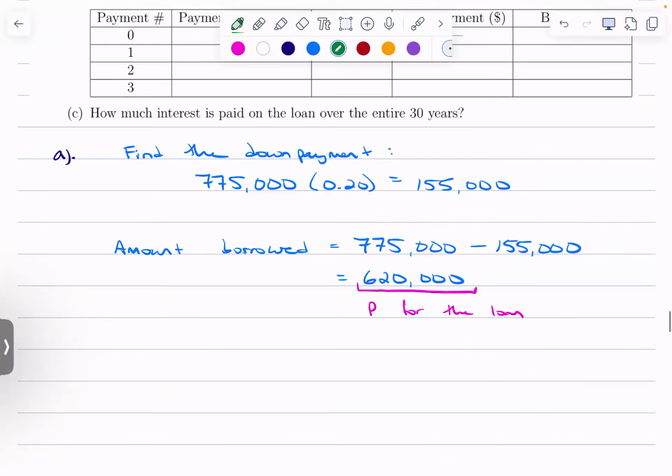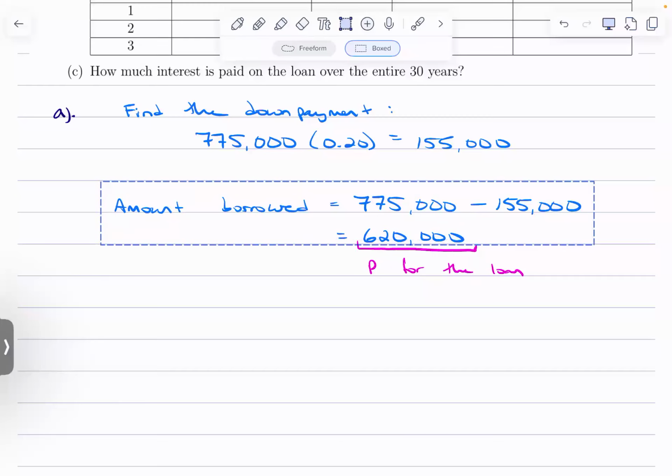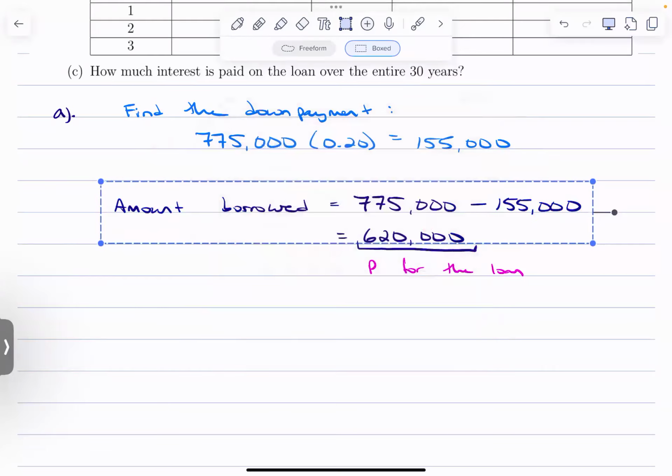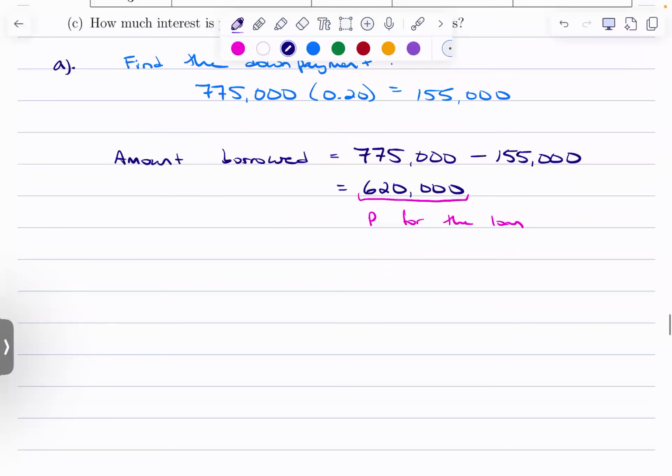All right. I should make this part not optional. How you find the amount for the down payment kind of is optional. If you're able to do it in your head, or what else could you do? You could do 775 times 1 minus 0.2, right? Drawing on our discounts, but that's not something I expect you to do, but could. So then,